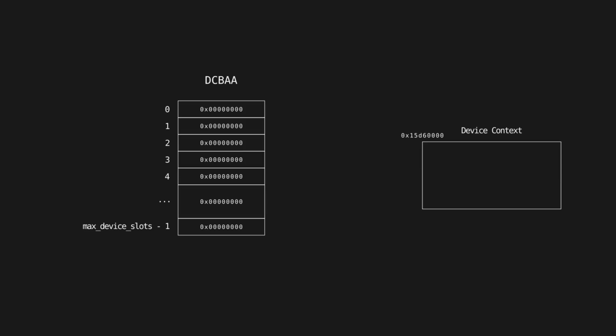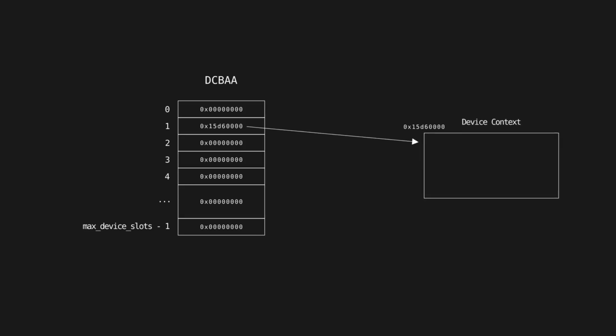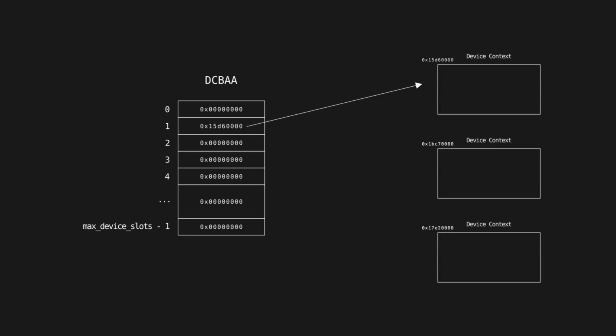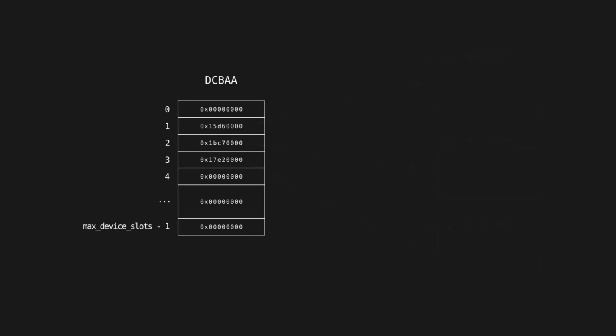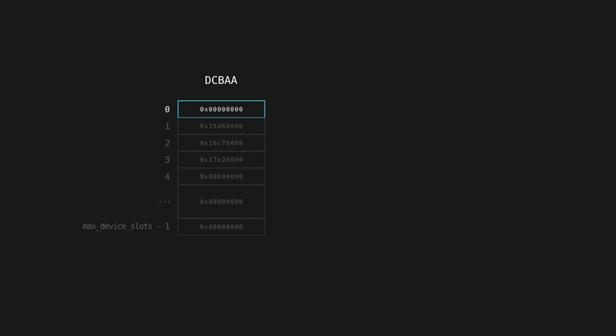about the device. When you allocate a device context, you would take its physical base address and store it in one of the slots of the device context base address array, or DCBAA. And as your pool of connected devices grows, the DCBAA will start getting populated with more and more addresses. Now you may notice that we started populating the table with the addresses starting at slot 1 and not slot 0. This is done because slot 0 is special and is a reserved slot, and it is reserved for what's